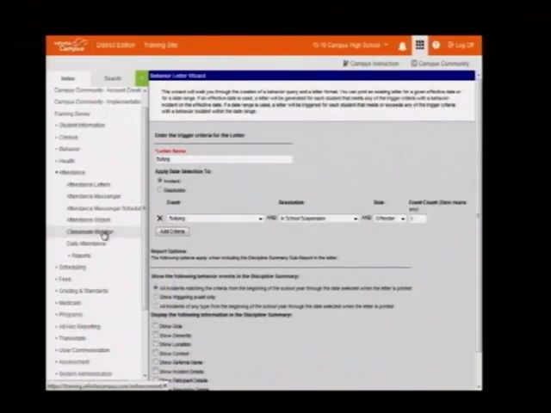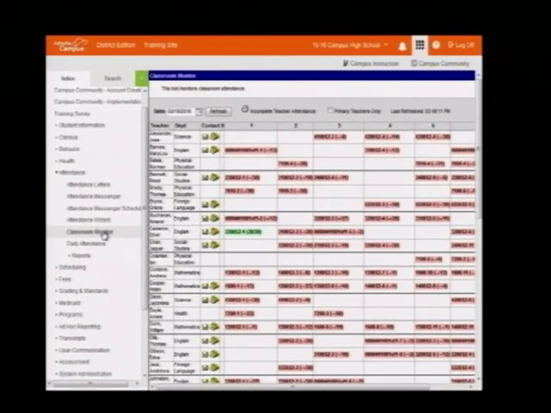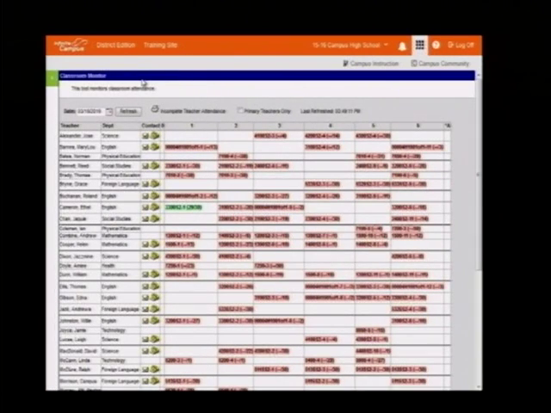All right, we're going to finish up with attendance on this side real quick, and I'm just going to go straight to the attendance monitor. What you're looking at right now is based on that good work that the schedulers are going to do. All my teachers, all the departments that they're in, and the contact information for those folks. And here we see our periods across the top. And what you're looking at is every teacher in my school who has not taken attendance today. Okay? Green means that they have. Pink means that they have not. Okay?